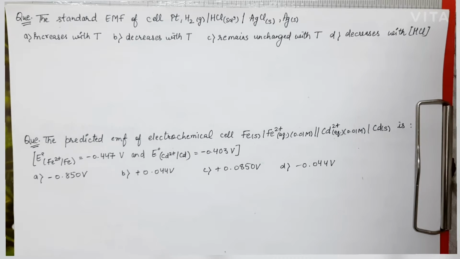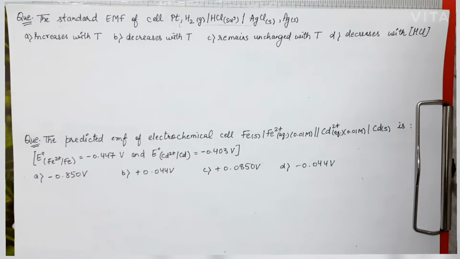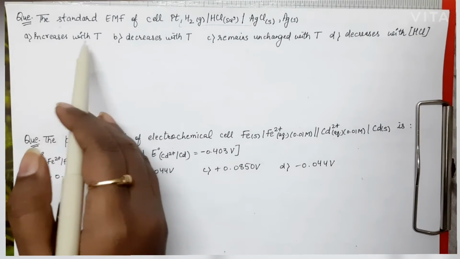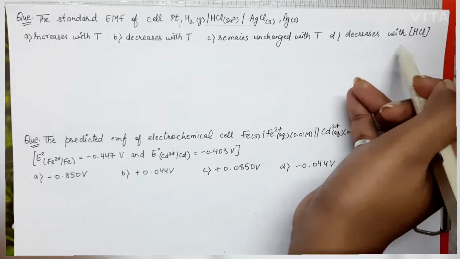So today we are going to solve some of the previous year questions which are being asked in the CSIR NET exams. The first question says that the standard EMF of the cell, this is the cell given to us. We have to find out whether it increases with T, decreases, or remains unchanged with temperature, or it decreases with the